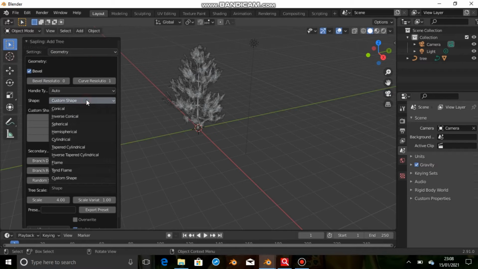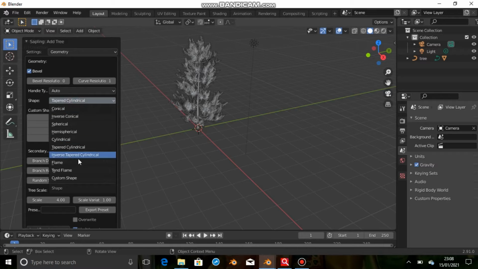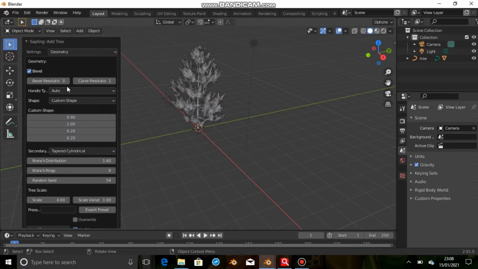Now you have a complete Christmas tree present, so you can close down this. Or if you want to do any kind of adjustment, you can do it now itself.